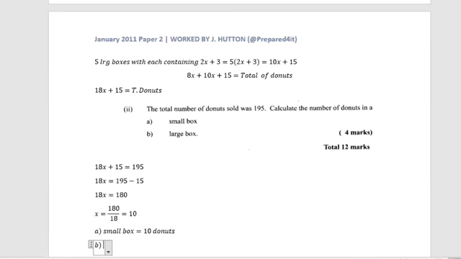So now it will be large box is equal to 2x plus 3. And as she rightfully said, we know what the value for x is. So now we're going to do substitution. Substitution in algebra is a part of the syllabus. So it will be 2 multiplied by 10 plus 3. And 2 times 10 is 20. So it becomes 20 plus 3, which is 23. So a large box contains